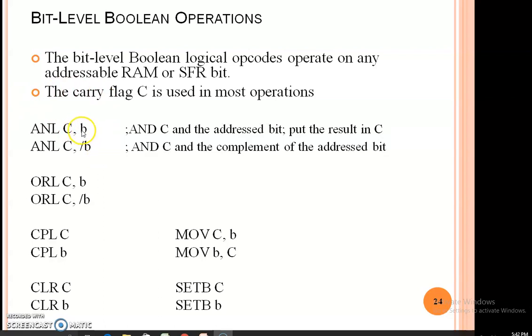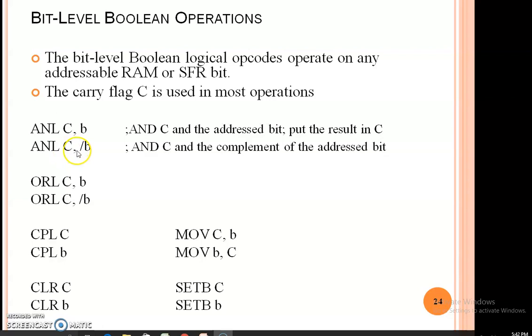Wherever we use small b, you have to provide a single bit address. That single bit address must be in the 20H to 2FH bit addressable memory. Whatever data is in that location, either 0 or 1, is ANDed with the carry flag data. The result is stored in the carry flag only.